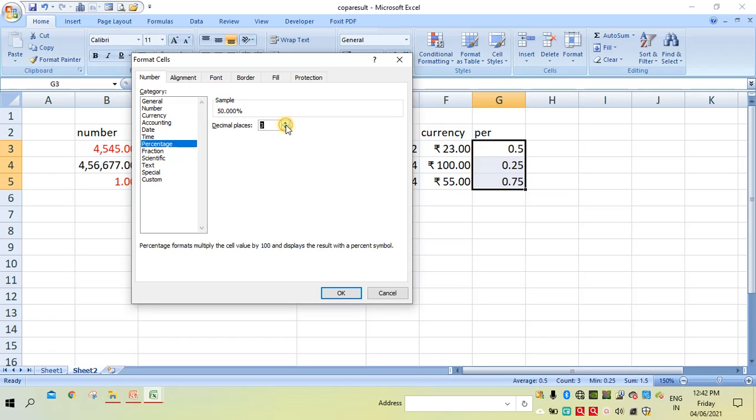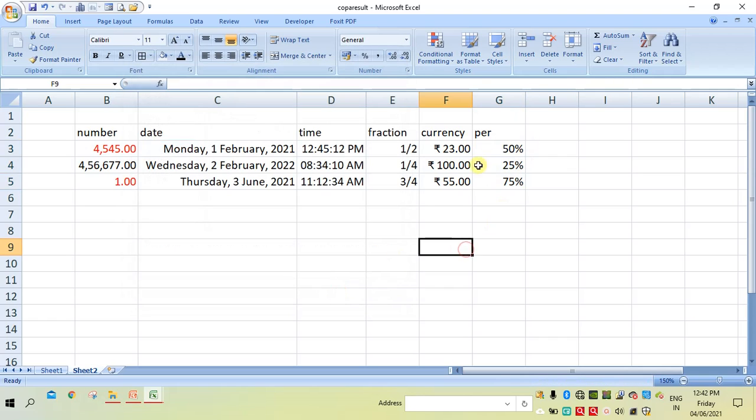You can either increase or decrease, or you can keep 0 as the decimal place. Then say OK. Here you can see the percentage symbol. With the percentage symbol we get the information in each cell.